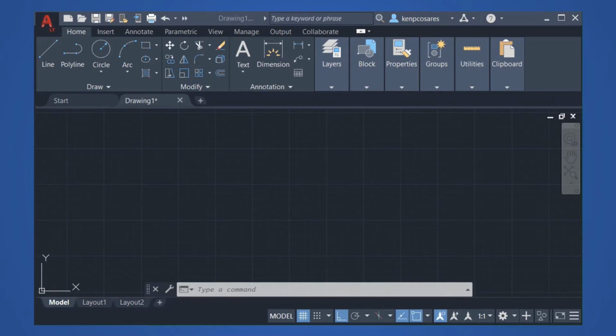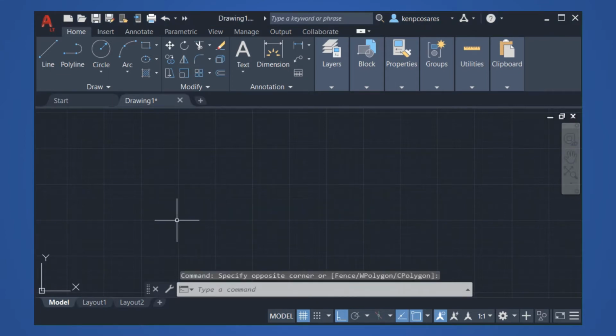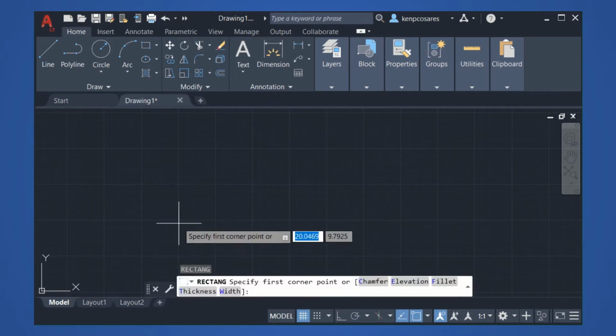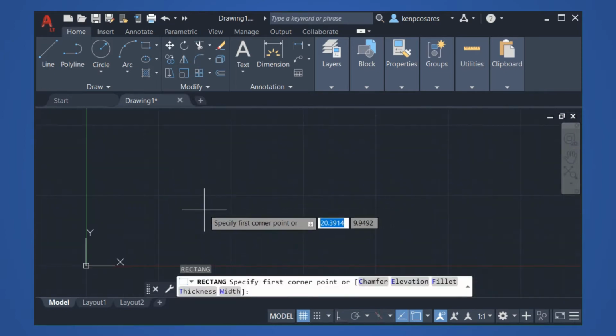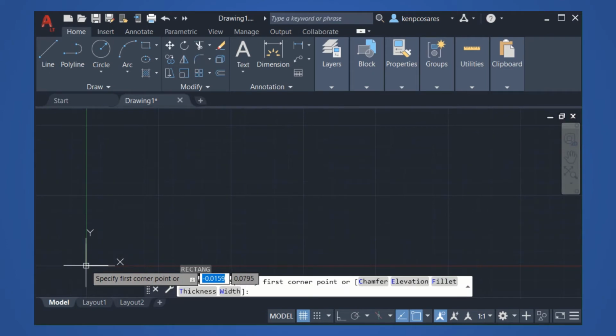So we're now ready to draw the rectangle whose dimension corresponds to the paper size. So in this exercise, let us use an A4 size paper, which is ang size is 210 by 297 mm. So let's draw the rectangle. So type rectangle command, and then the first corner point must be the origin of your UCS. So i-type lang natin 0, 0,